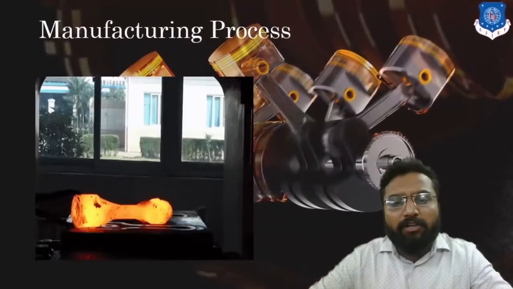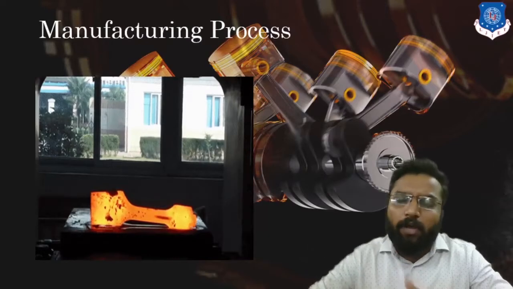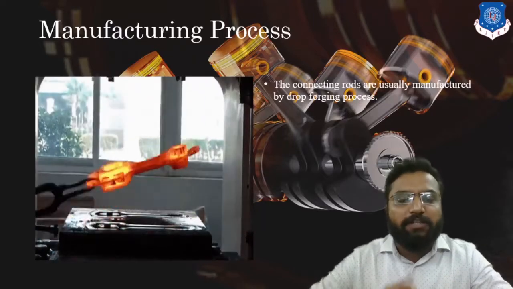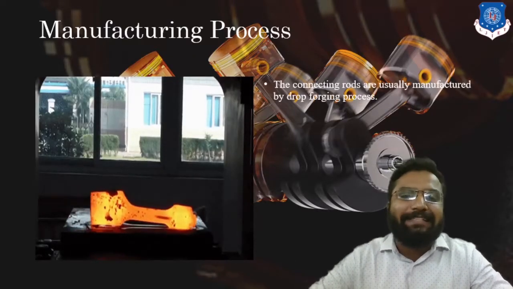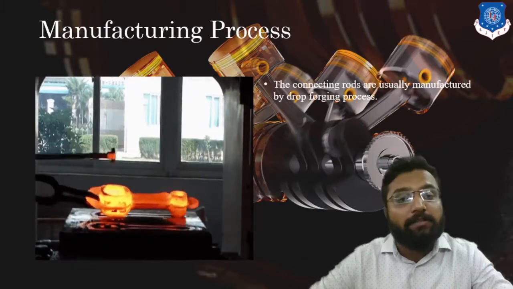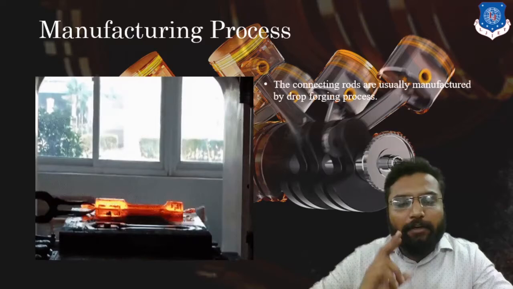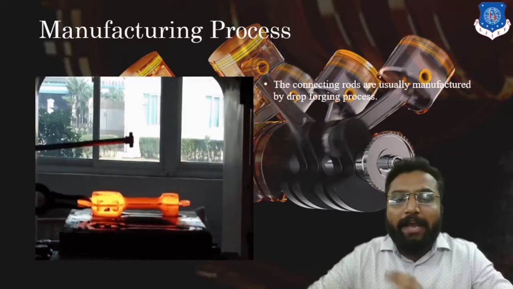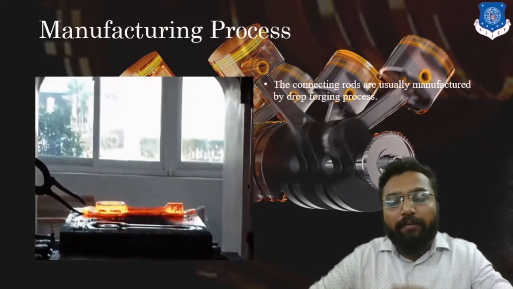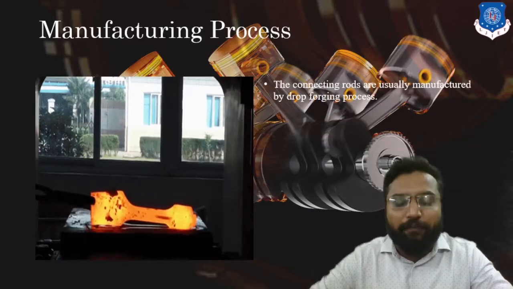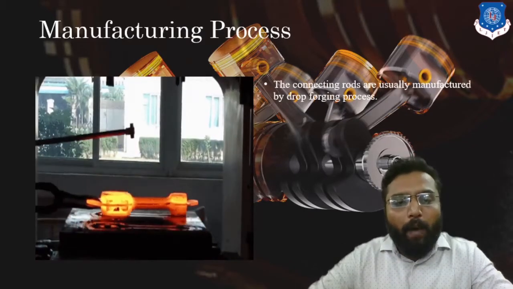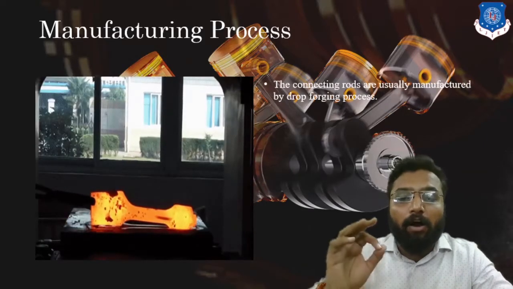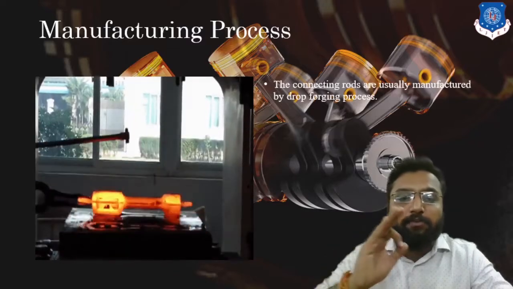Next, we are going to discuss the manufacturing process of our connecting rod. In the case of manufacturing, we have one process called drop forging. Why drop forging? Previously we discussed different types of manufacturing processes and their selection. There were two main core processes: one is the casting process and one is the forging process. A casting process shows good strength against compressive force, or compressive stress. Clear? That is why compressive stress is predominant and facilitates us to design a casting component in the case of a structural part.